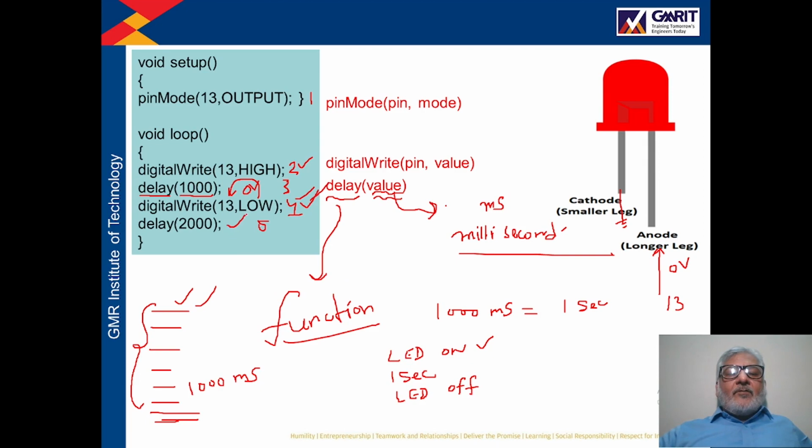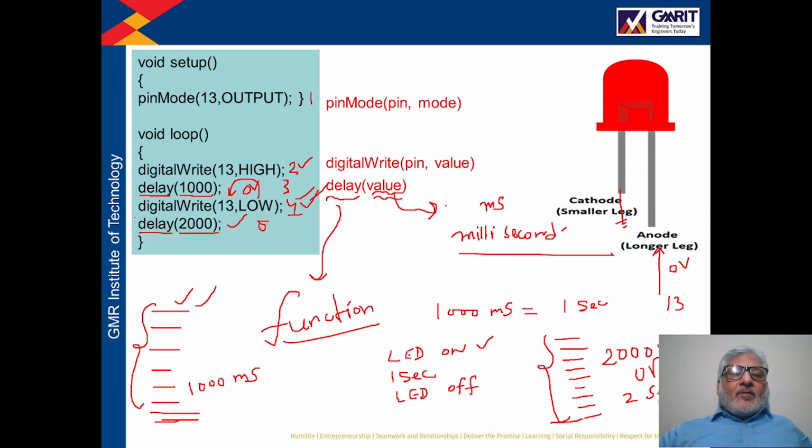Now you come to statement number 5. Here we have written delay 2000. 2000 means 2000 milliseconds. So now your processor will go to these codes and execute them. For the execution of these codes, the processor needs 2000 milliseconds, which means 2 seconds. In this way it will execute all these codes in 2 seconds, and after the execution of the last code,